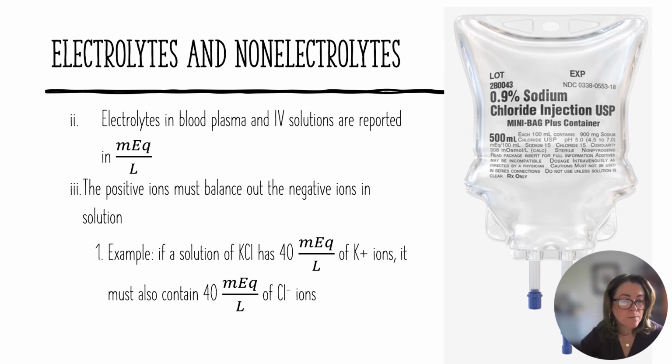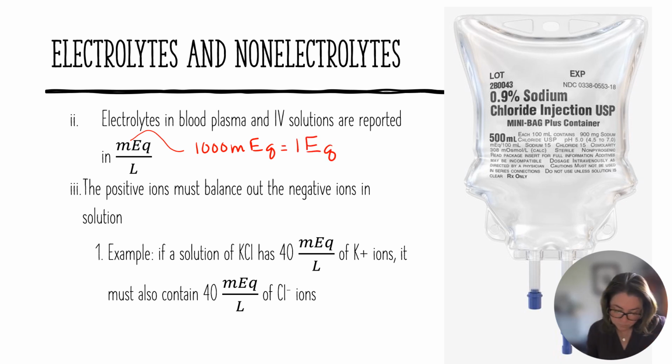Okay, and so this is something you may actually be dealing with in your careers. When we're talking about electrolytes and the useful applications of these, we could be talking about electrolytes in blood plasma and IV solutions. And these are generally reported in milliequivalents. Remember that milli stands for thousandths. So 1,000 milliequivalents is going to be equal to 1